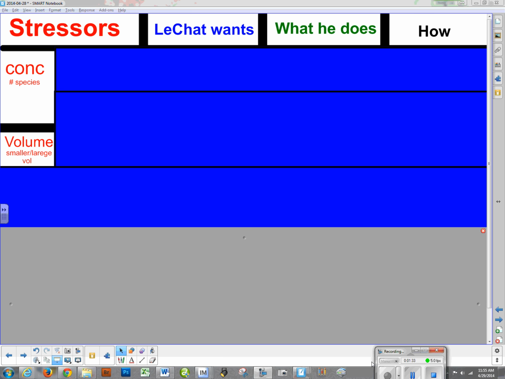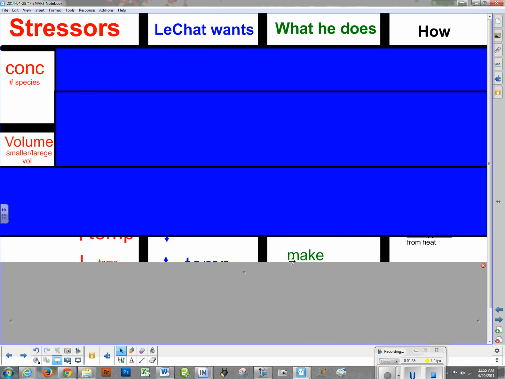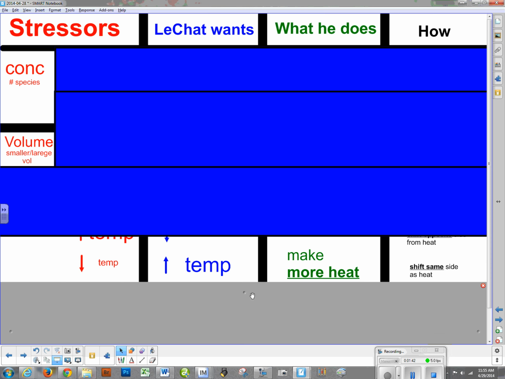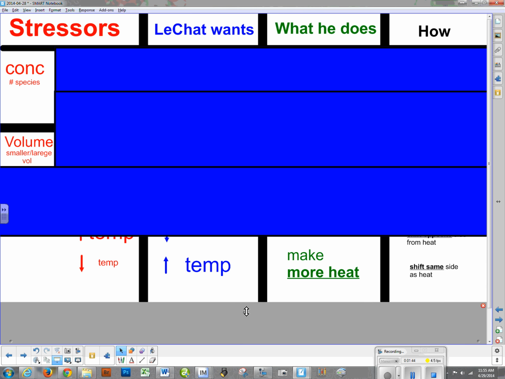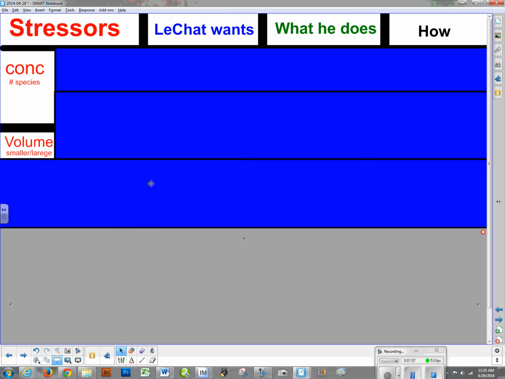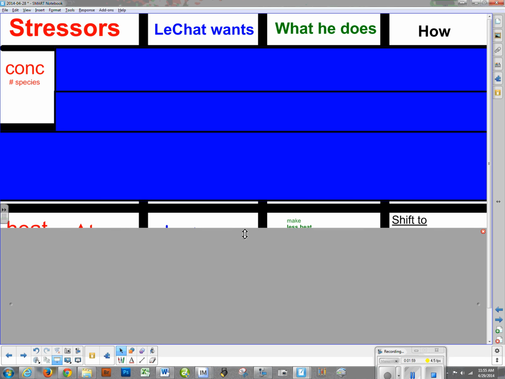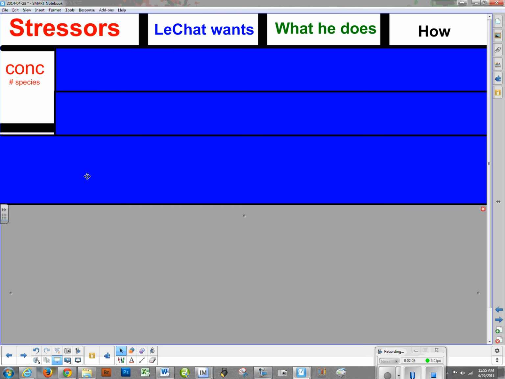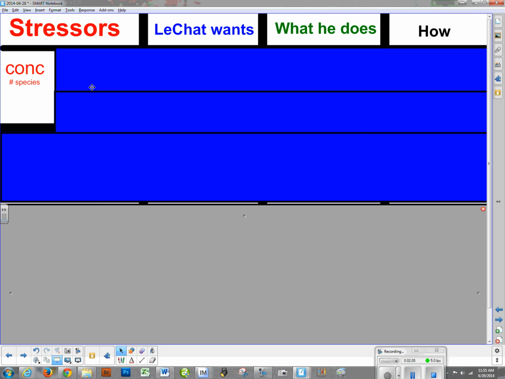So stop the recording and copy down everything that you see right now, and understand that we're going to go down to about this point as we copy this stuff down. So leave yourself room on the paper and do this on an entire sheet of paper. Give yourself lots of space so this will make sense to you when you read it later. So stop the recording, copy down what I've got right now. Let's just start with this much, okay? So copy down the thing on concentration of species